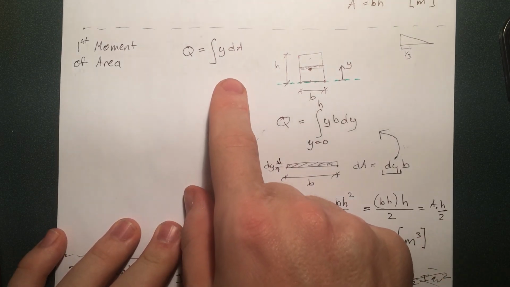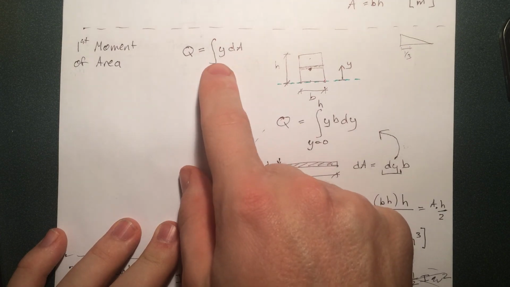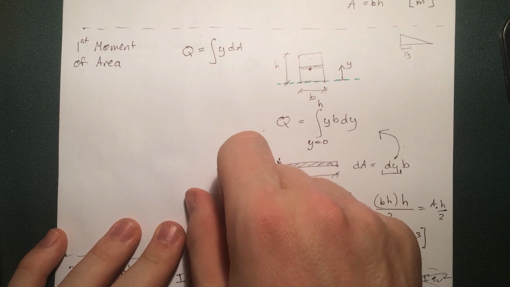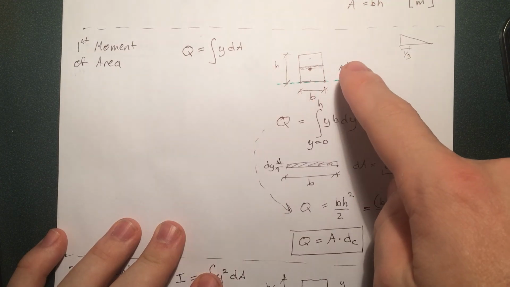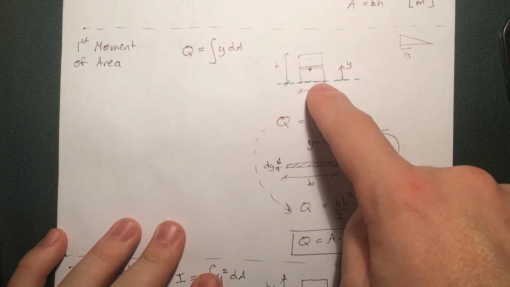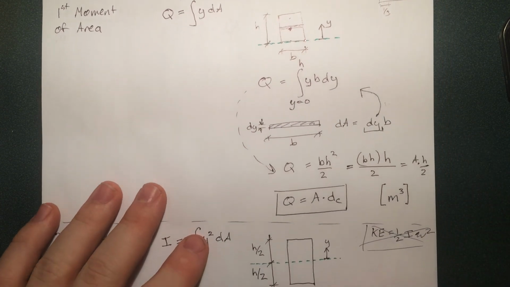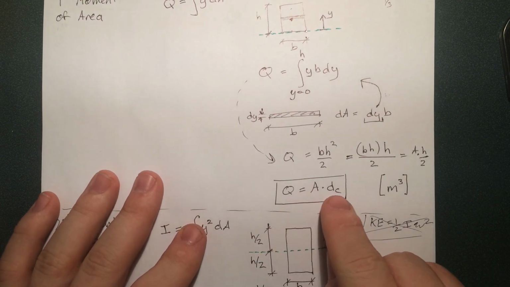Q is defined as the area times a distance to the area, and we need to usually find this by integration. Alright, and I worked through a simple example to find the moment of area of this thing about an axis on the bottom, and we found it to be, after we worked through it, the area of that piece times the distance